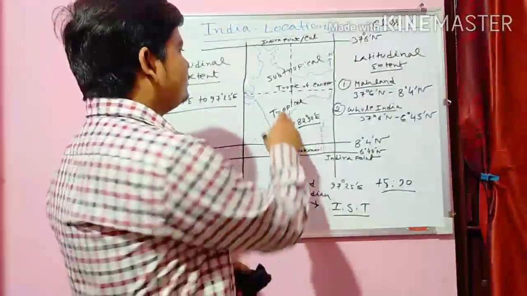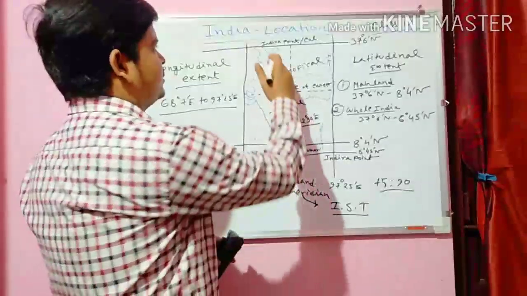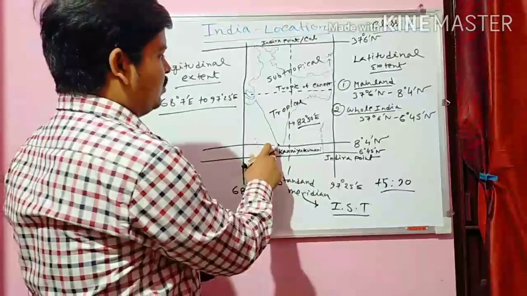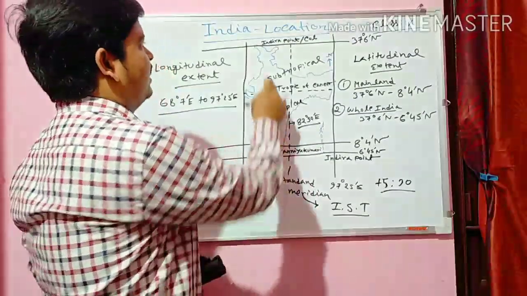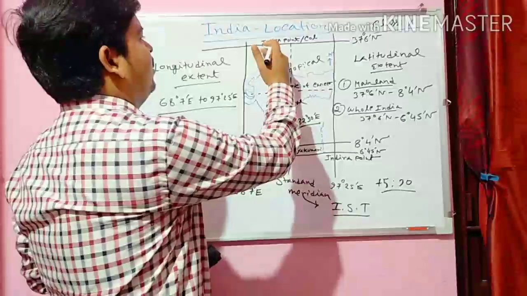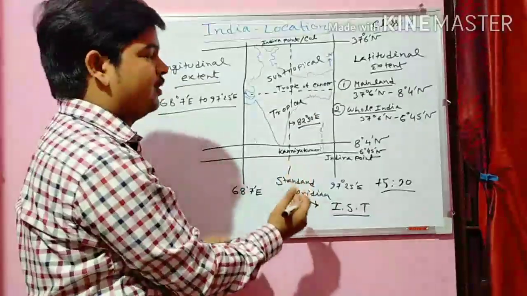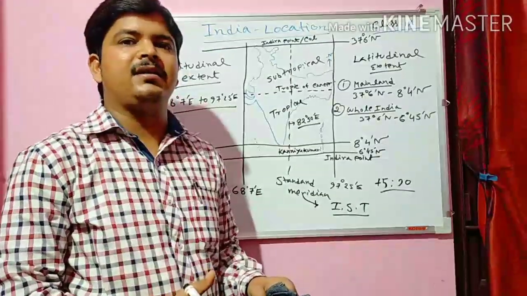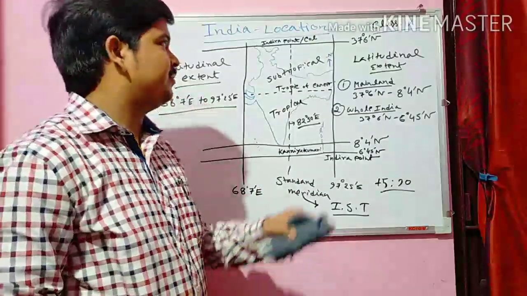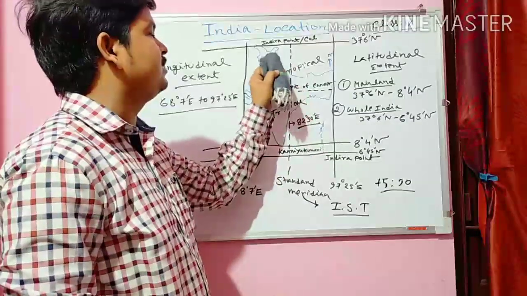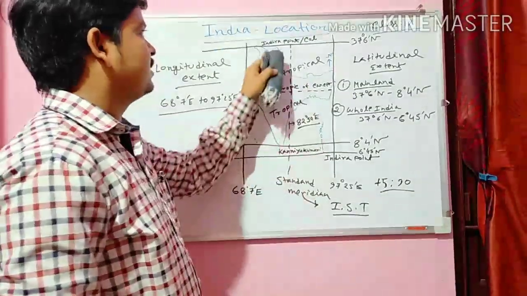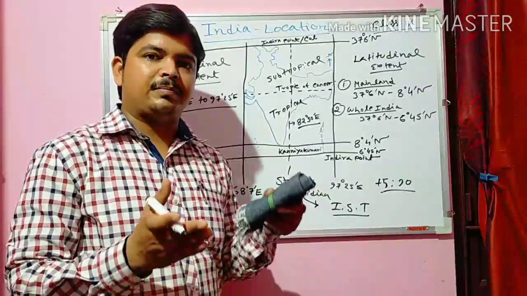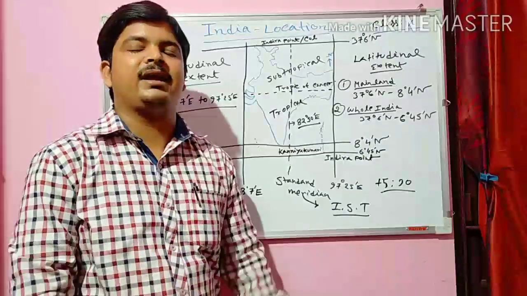Another problem to consider is latitude. As you see, this is Kanyakumari, which is very close to the equator, and that is Indira Point... and this is Kashmir, which is very far away from the equator. Kanyakumari hardly feels a variation in the duration of day and night, but Kashmir experiences many variations in the duration of day and night.